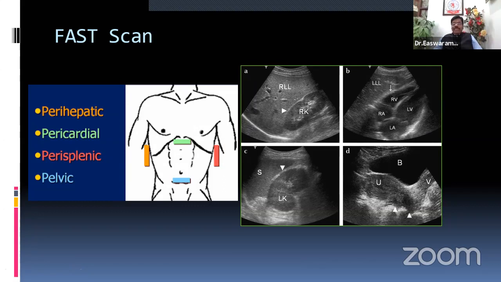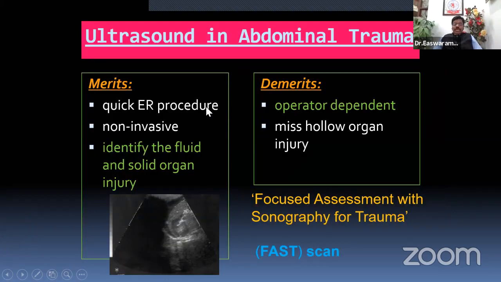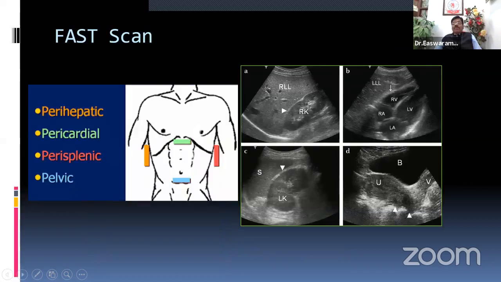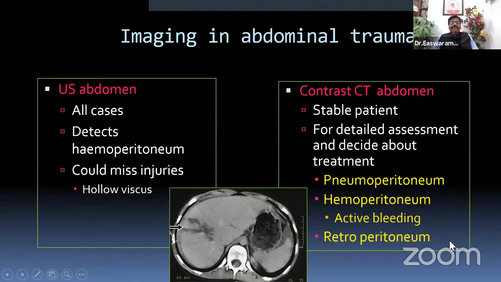Very, very simple, effective way of doing things. It's a quick, non-invasive procedure, able to see fluid or any injury to the liver or spleen. But you should be an expert in doing it. And one important negative point you should all know is that injury to the small bowel and large bowel cannot be diagnosed by ultrasound. For that we need a CT, because CT is the best one. I told you already,